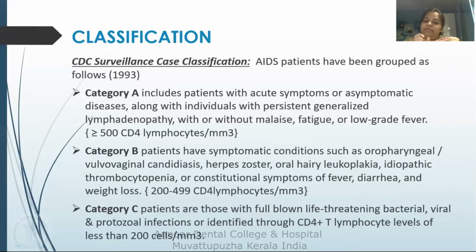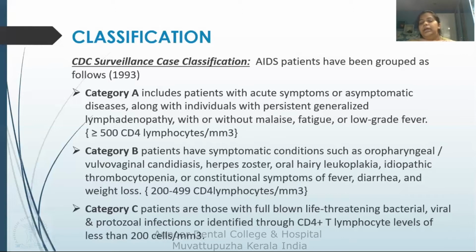And what is the ratio of lymphocytes here? 200 to 499 CD4 lymphocytes per millimeter cube. Okay. Now we come to category C, which is the full-blown HIV patients. So these are the patients with full-blown, life-threatening disease. They also have bacterial, viral, and protozoal infections. And they are also identified with the count, that is CD4 cells and lymphocyte cells of less than 200 cells